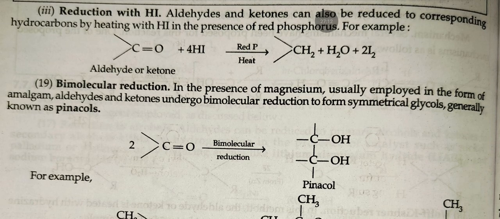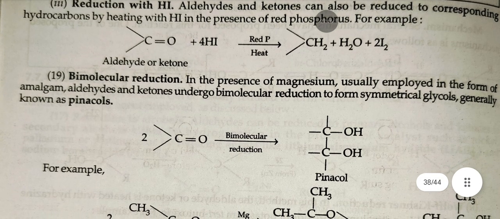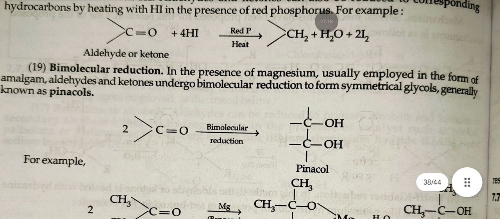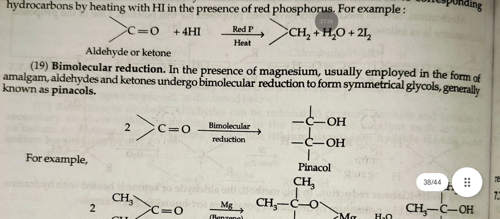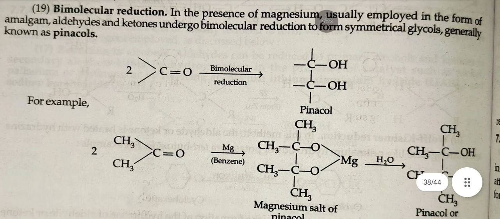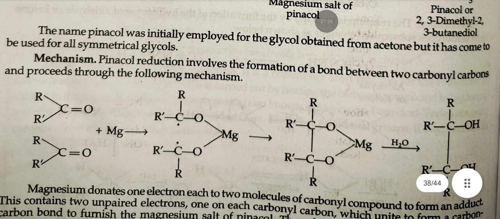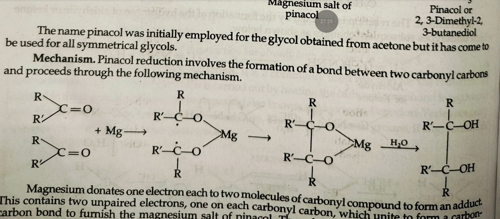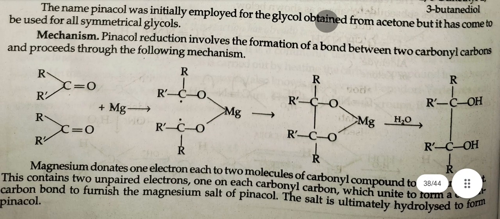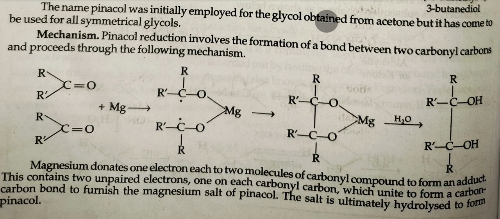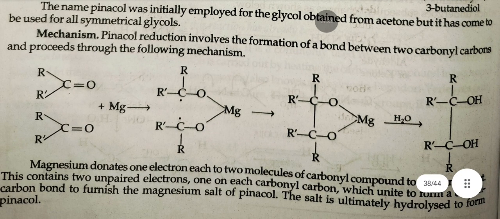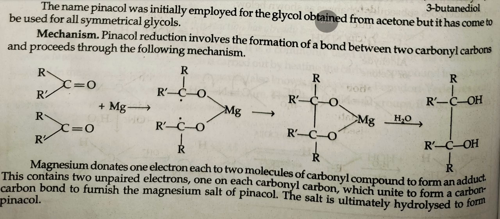Bimolecular reduction. In the presence of magnesium, usually employed in the form of amalgam, aldehydes and ketones undergo bimolecular reduction to form symmetrical glycols, generally known as pinacols. The name pinacol was initially employed for the glycol obtained from acetone, but it has come to be used for the symmetrical glycols. Mechanism. Pinacol reduction involves the formation of a bond between two carbonyl compounds and proceeds through the